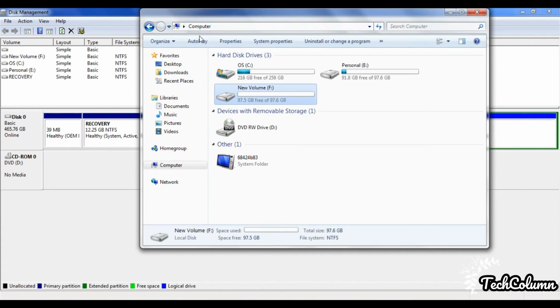I can show you here as well. C drive, E drive, and the new F drive. So we have divided E drive into two drives of approximately 95 GB.